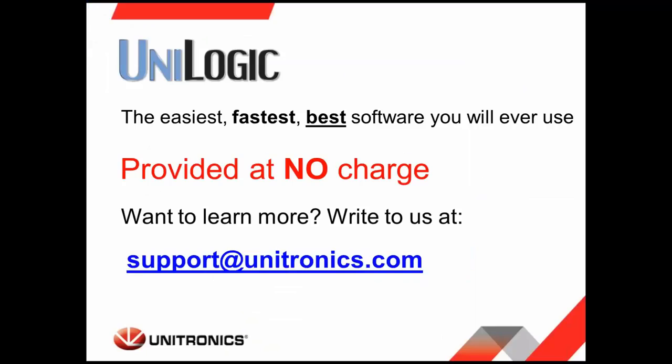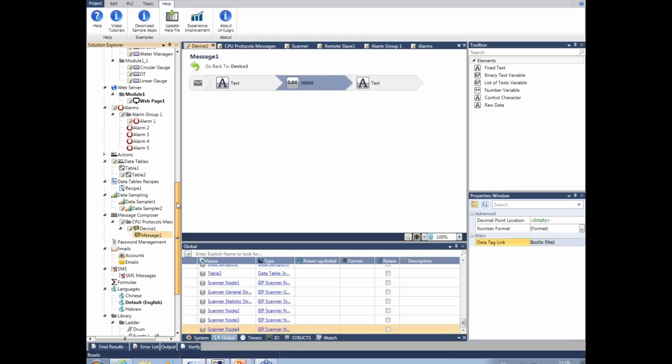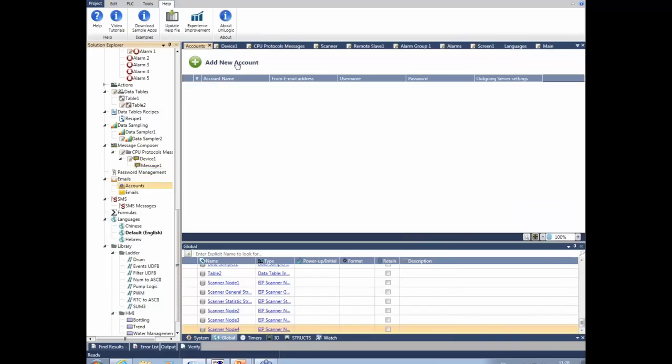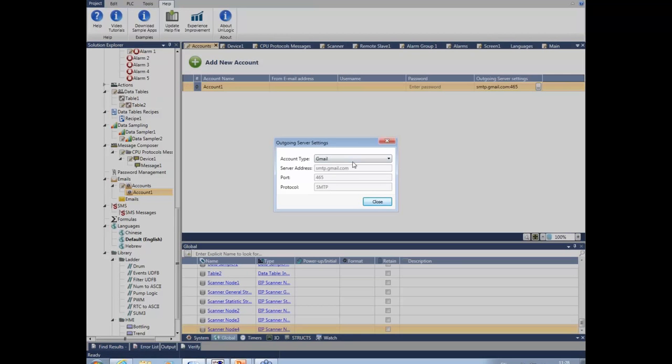All right, let's take a look. Okay, we've got another question. Email support. Okay, somebody wants to know about email support. You want to go back over and show it? We support also sending emails and SMS, and also you can see that it looks almost the same as what we did before. We can add an account of the email, setting the email address, username, password, set the mail server that we are going to use,